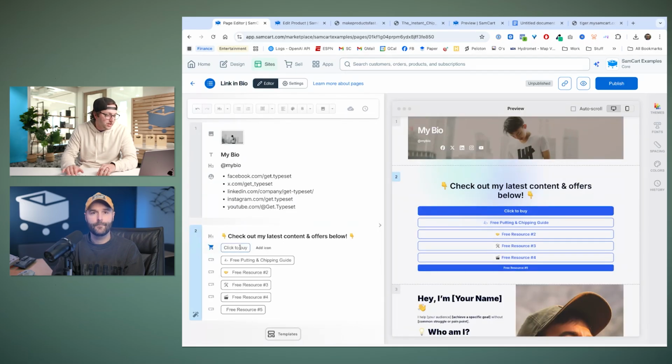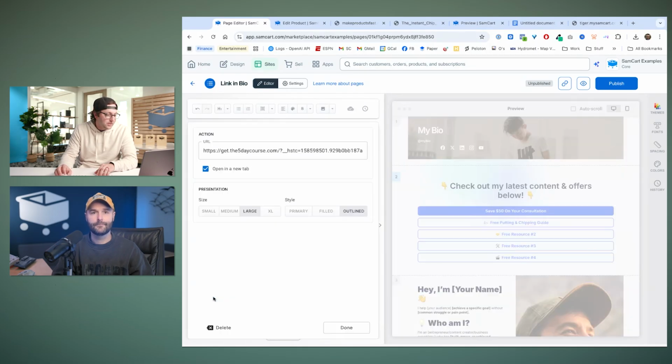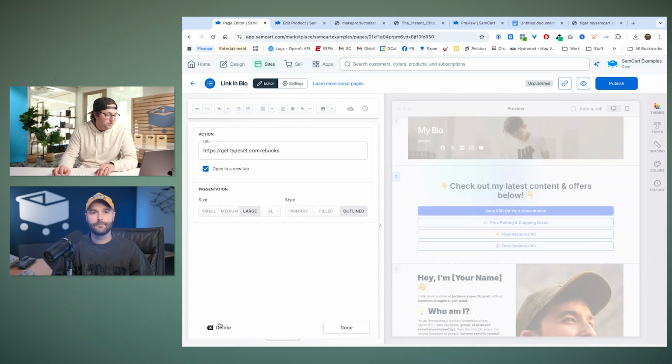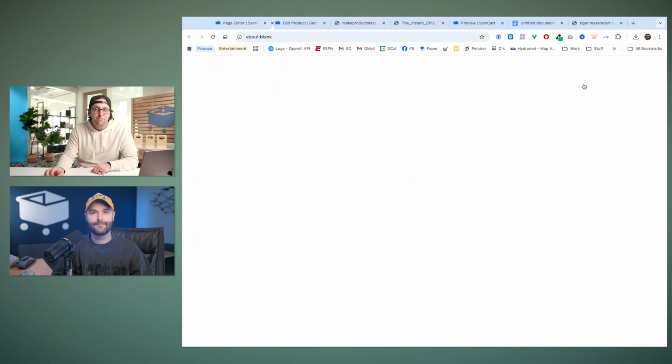And just like that, I can change the button text to say, how about like, save 50 bucks on your consultation, whatever that might be. If I'm not going to use these other buttons, I could click and delete them. Just click on the settings icon and I could just have like 2 or 3 here. But if we go ahead and hit preview,